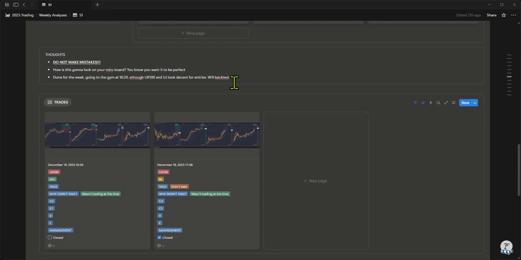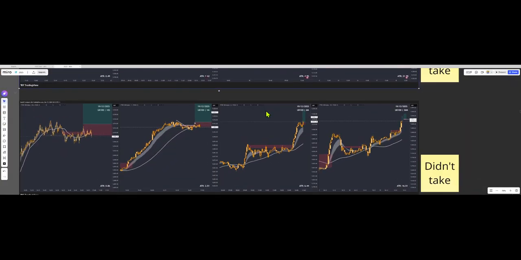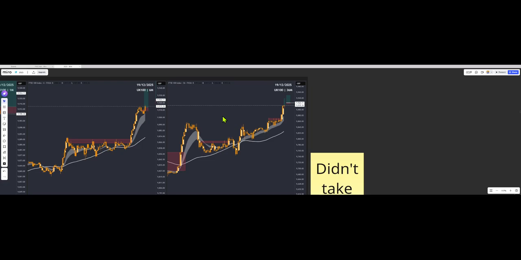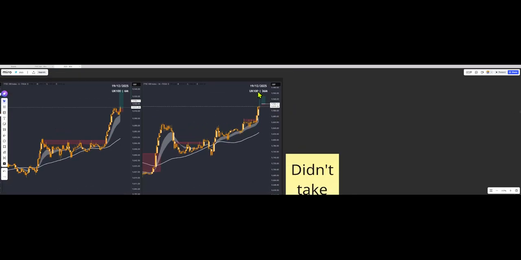Okay, so I have some trades here. So let's check it out. There's another UK 100 trade here. So here's a 36-minute. Again, doesn't matter if it's 30, 60. Who really cares? What matters is I think it all started over here. So this is the first pullback. This is the second pullback. Now we are moving higher. And as long as there's an active momentum cycle here, I can trade it. And of course, I'm going to be looking for that bigger reaccumulation here to trade that higher as well as